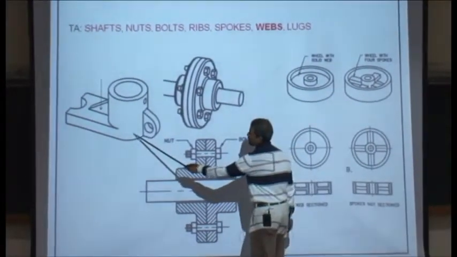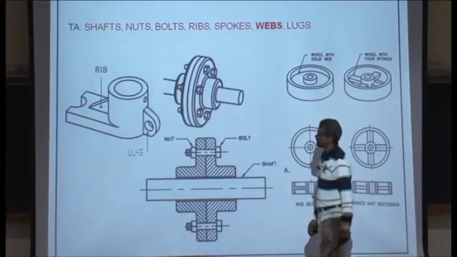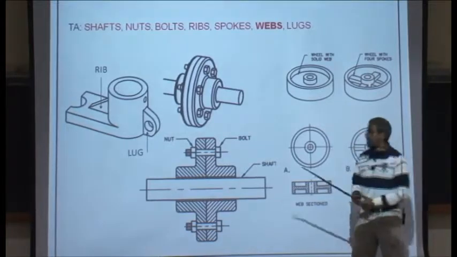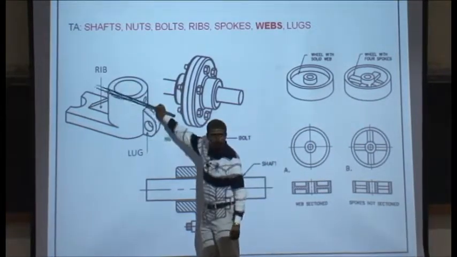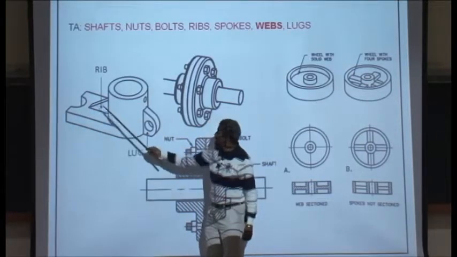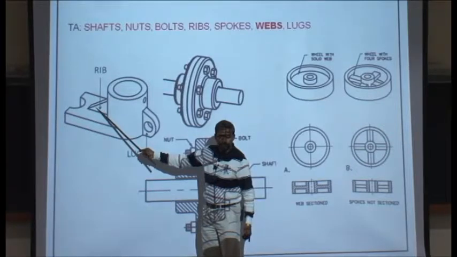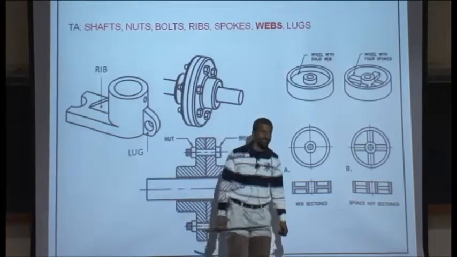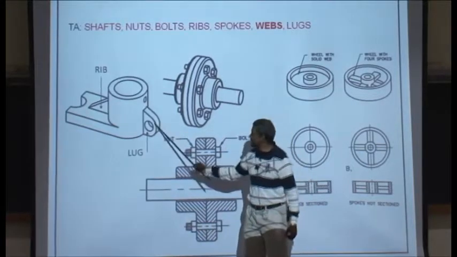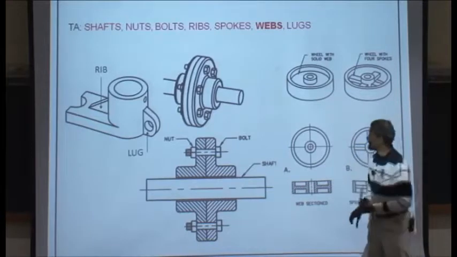This is an object with a rib and a lug. Okay? If you want to cut this object in two pieces, like so, you do not section the rib. You do not section the rib, and you do not section the lug. Okay? If you look at this carefully,